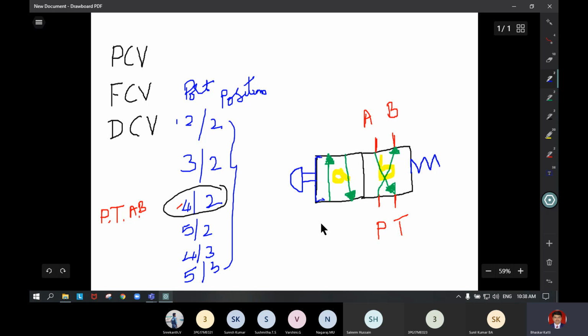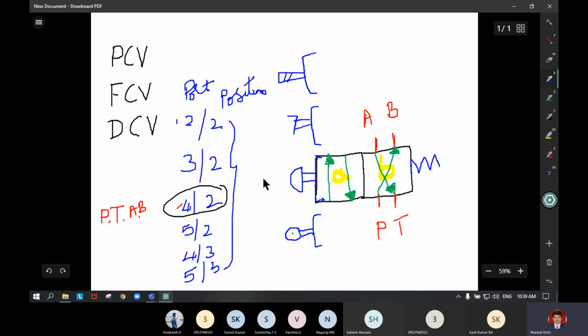Apart from this push button, we can have other types of actuation like roller actuation, or you can have a foot pedal operation. These are the graphic symbols for actuation methods, or we can go for a solenoid operation like this. Depending upon the actuation method, you have to write it here.